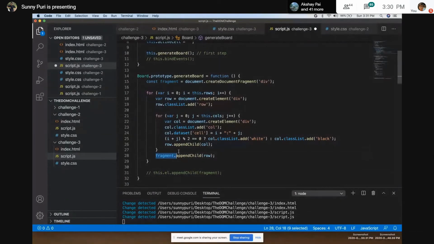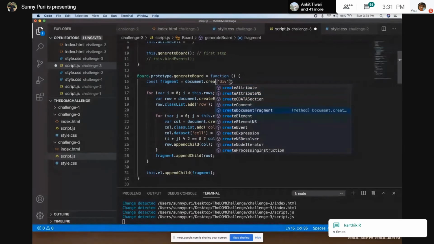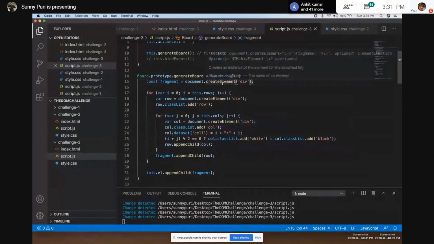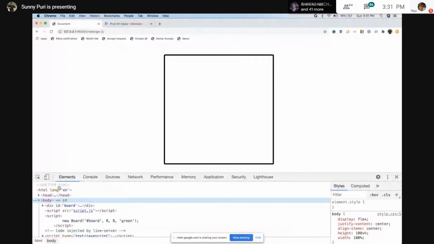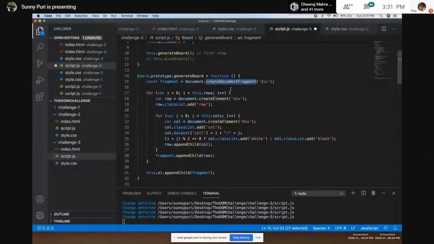So what we have done, we have said create a document fragment. Let's see why I'm doing this. Let's see what will happen if we use document.createElement. See the UI, we have an extra div. Right now we are doing DOM operations only once, but we have an extra div. We don't need the extra div. So we said create a document fragment. Automatically, this div is not going to append in the board section. The children of this are going to append. So basically, this is a hidden div, you can say. In layman's language, this is a hidden div.